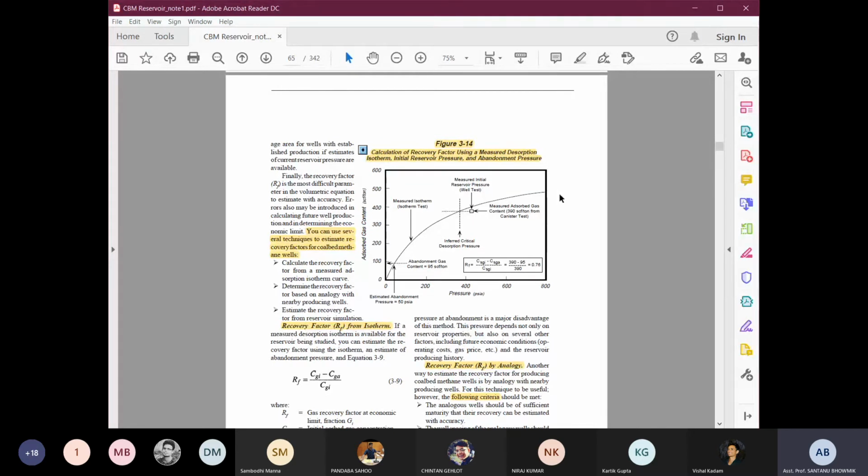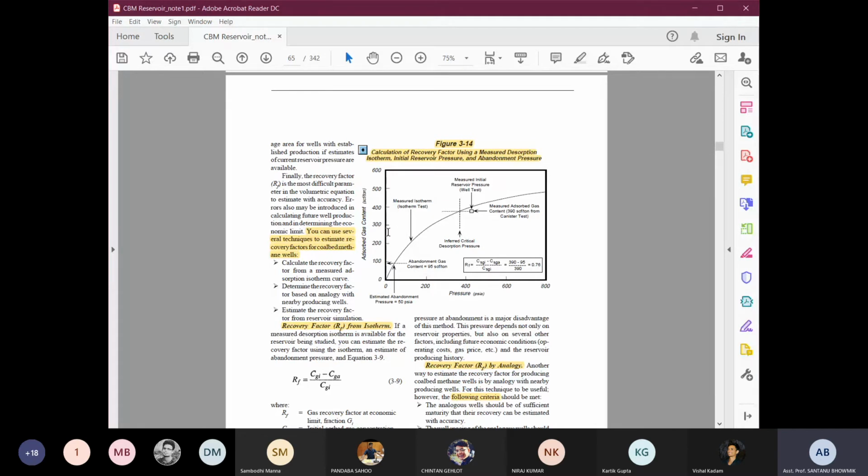So obviously, as per the definition, we are going to consider that whatever the maximum adsorbed gas content is showing at this point, it is the Langmuir volume. So the total range of the Langmuir volume is from 0 to, suppose, 500. Now the Langmuir pressure is going to be rated as 50% of this total volume. So if this is the total volume, 50% of this may be, suppose this is 500,